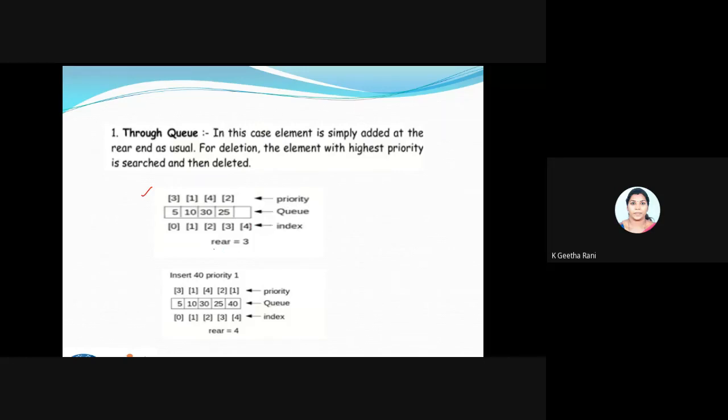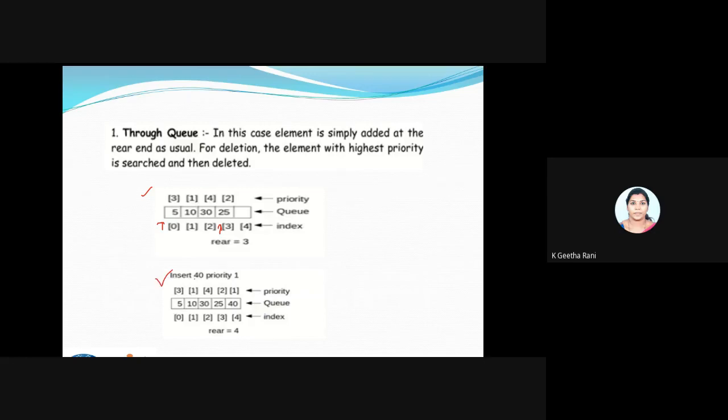Okay. I have a rear. Rear equal to 3. So what is the meaning of this? Rear equal to 3 means this is my rear pointer. That is what tells me. And this will be the front pointer, or somewhere else will be the front pointer. I'm not talking about the front, I'm going to talk only about the rear. So now the rear is pointing to this 3. Okay, clear? And next I'm trying to insert a value.